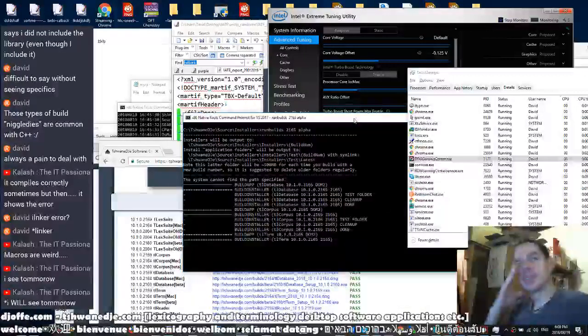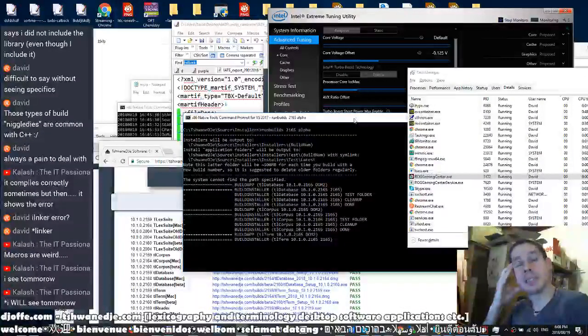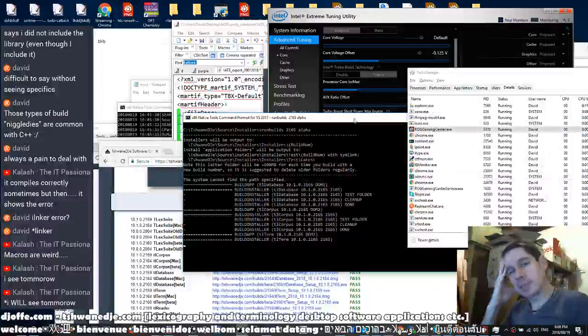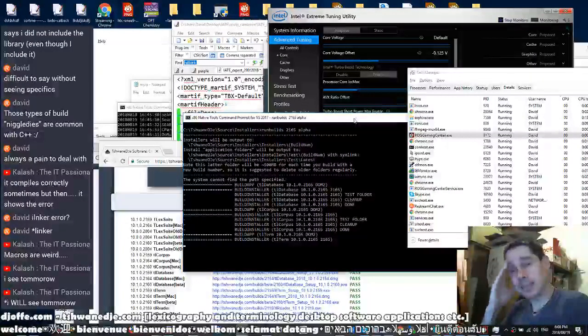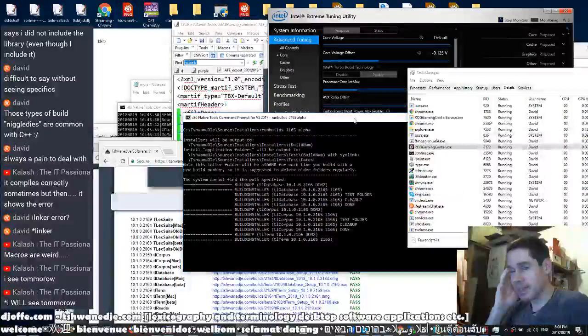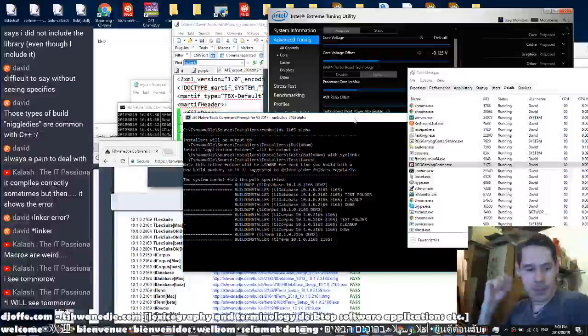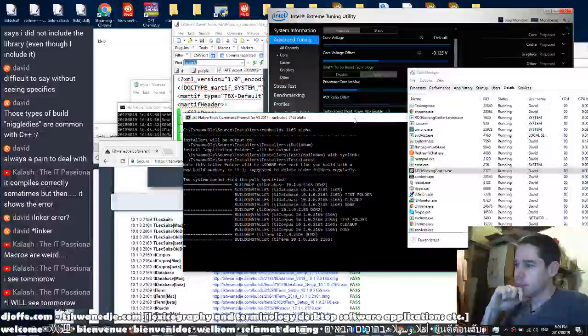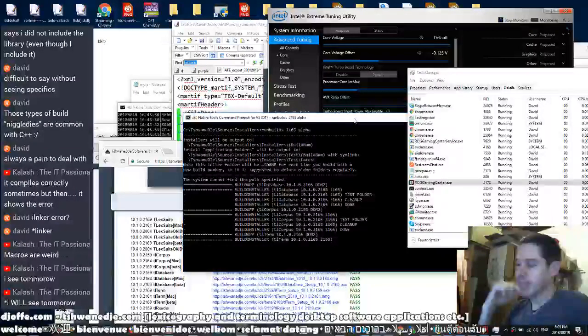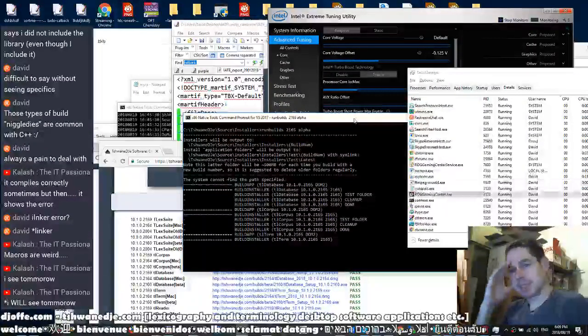I remember having pains with OpenGL errors, and I tried to use macros from OpenGL not too long ago, and I ended up editing the header files, like I literally edited header files in the SDK that I wasn't supposed to, to get my application to build. So sometimes you have to do hacky things like that. It's not the first time I've done that. It's not a good solution, but